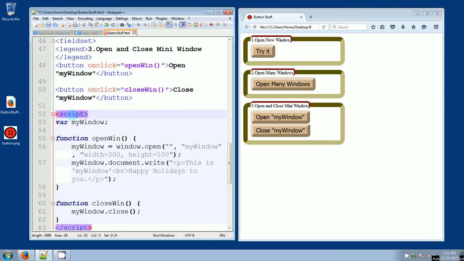So we have a script tag here, and in this one single script tag, we actually have both of the functions. You can do that. You don't have to have a single script tag for a single function. You could have multiple functions. First of all, we're going to create a variable using the var keyword, and then we're going to have my window as the name of the variable, and we're going to stop it with the semicolon. Now we're going to create a function with the function keyword. Here's our open win that this button click is going to call, and for the open win function, it goes from this curly brace to this one down here. They're both highlighted in red. You're going to use that variable my window,